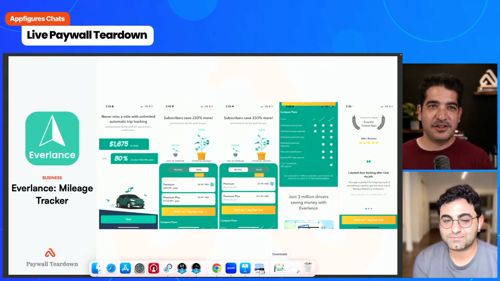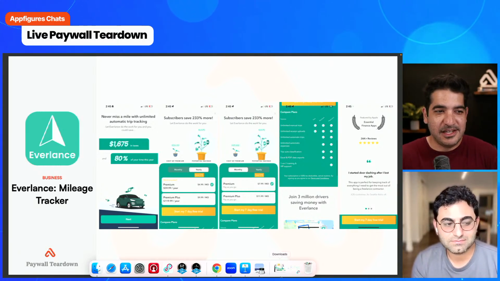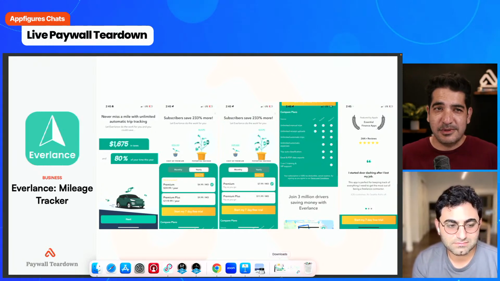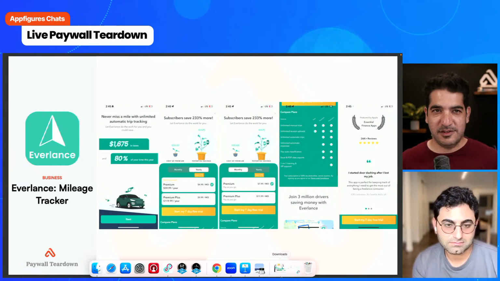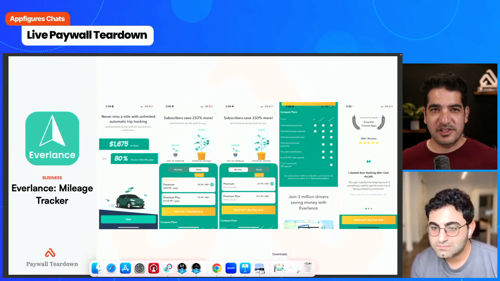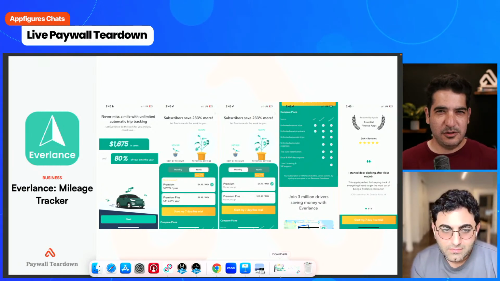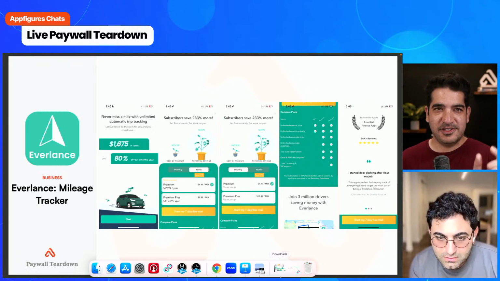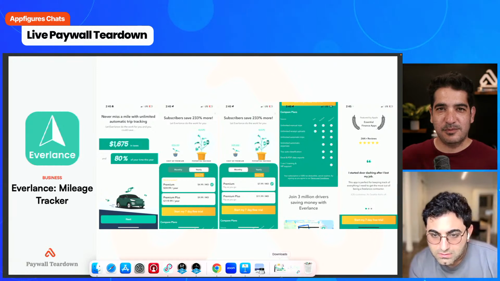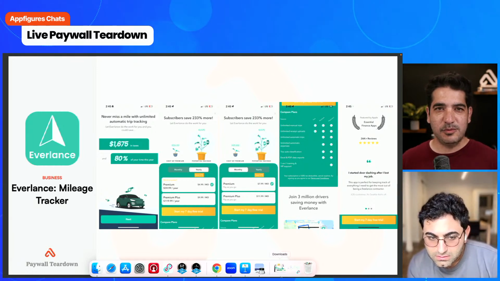Alrighty, so let's talk about Everlance. For the record, I have not seen any of these apps before. I heard about some of them, but never really seen them or looked at their paywall. So for me, all of this is brand new. What do you think about what we're seeing on the screen, which I assume is really 2 pages? One is the first slide, or the first screenshot, and then the rest are just the page being scrolled and toggled between monthly and yearly.